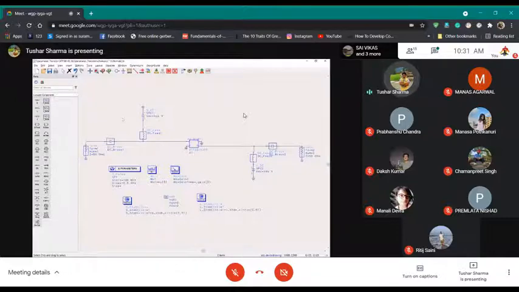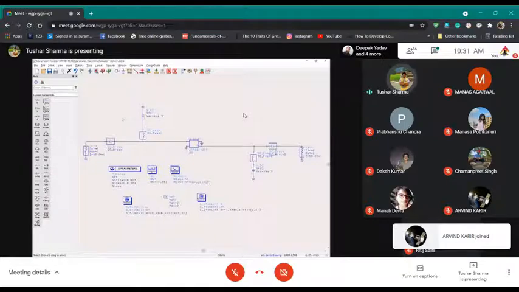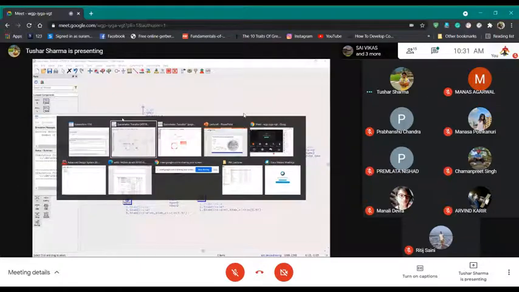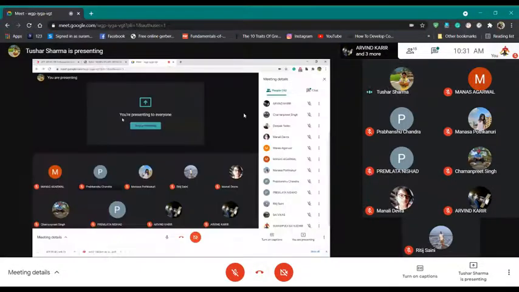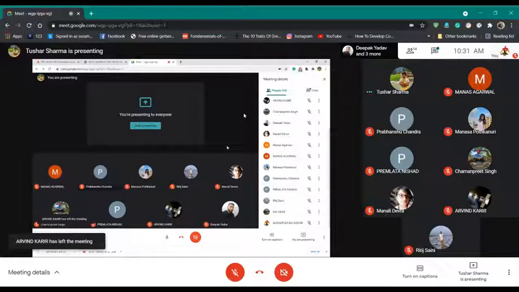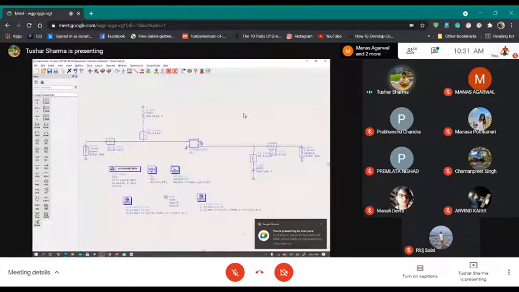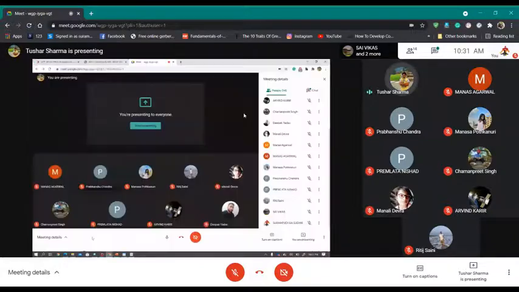Prabhanshu, what is your solution? What solution do you recommend? And apart from that, let me ask this question: with whatever stability network you are putting at input or output, what is the maximum gain you can get, given the condition that mu is greater than 1? If anyone else is able to figure out, let me know. Let me also try to stabilize. I will stop sharing my screen so that we can compete.